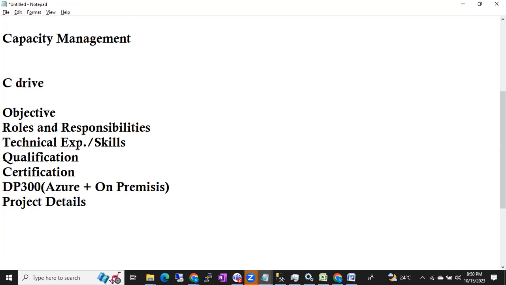To get the certification, do we need to write any exam? Then who will give the certification, Praveen, without writing any exam? Can you guide us how to get the certification? You have to write a Microsoft exam. See, DP 300 will be conducted by Microsoft. So if you go to the Microsoft website, there you can see